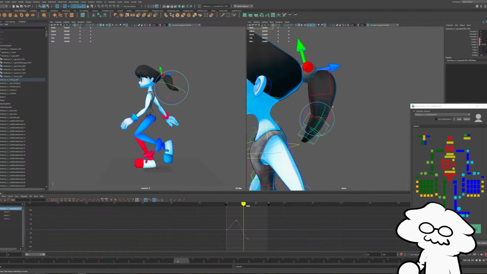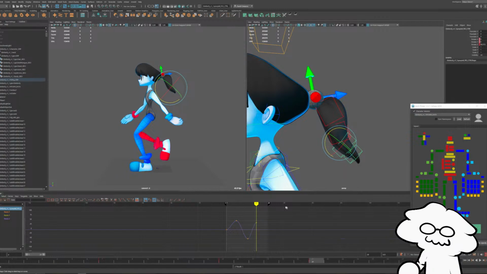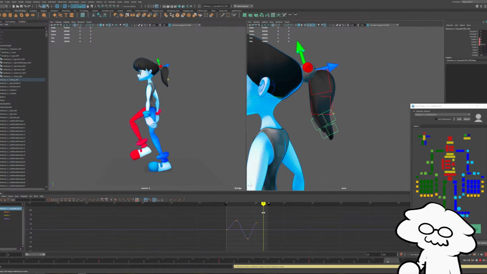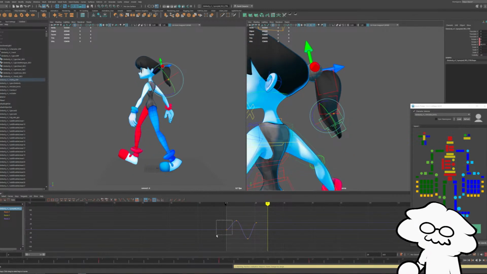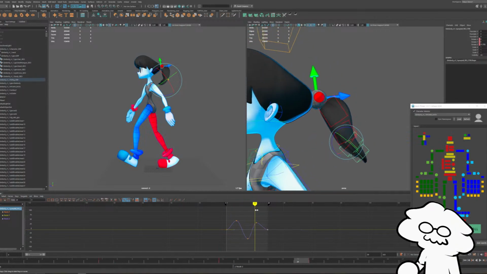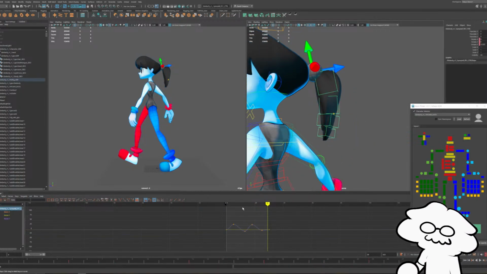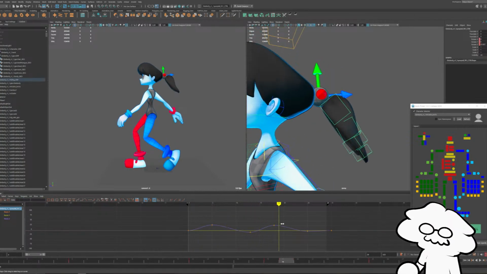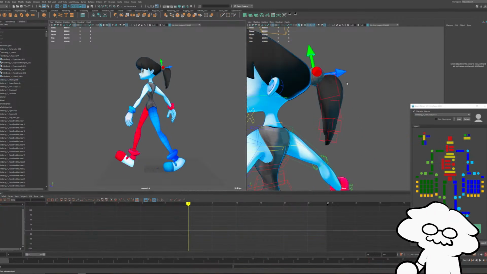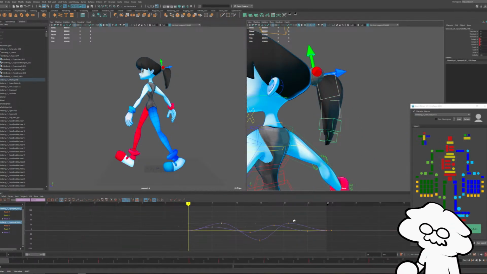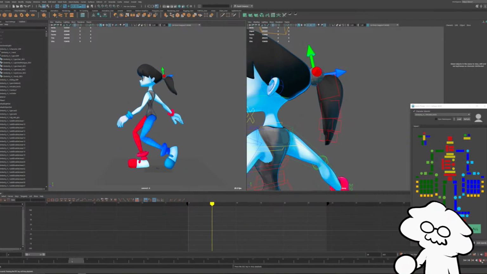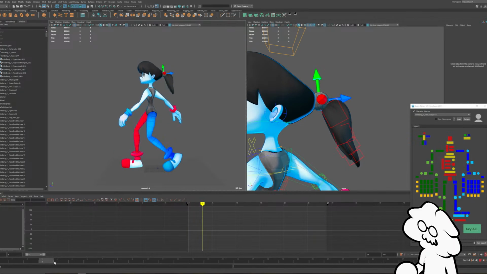So it's going to look a little jank because I'm trying out what I think will look good, and then we'll adjust from there. It's probably a little too exaggerated if I had to guess. Yeah, probably too exaggerated. Something like that. It's probably too much, so let's turn it down a little bit. So this moves too quickly.